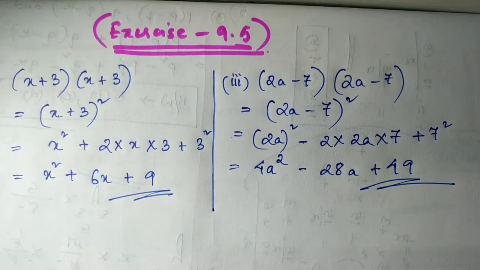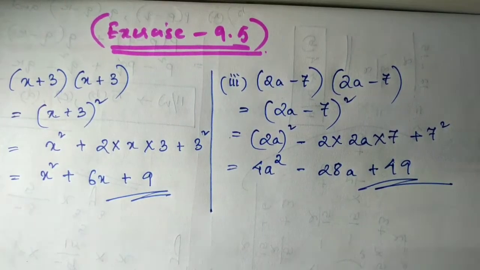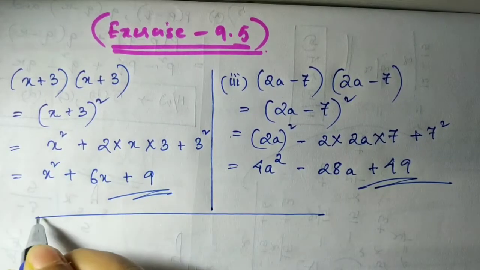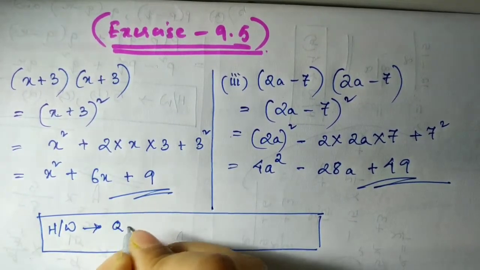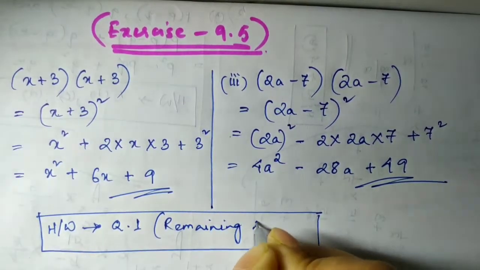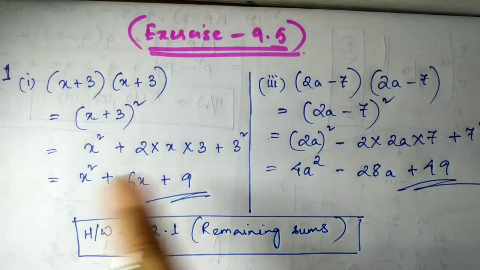So in this way, in the other sums that are given here, both the identities are being used, first one and the second one. And you might also find the third one, that is a square minus b square. So you will try this one, using the identities that I have written down. You will try to solve the sum. So your homework will be the remaining sums of question number 1. I'm just writing down this one. I'm not writing all the numbers. So question number 1, the remaining sums are your homework. I have shown 2 for you.